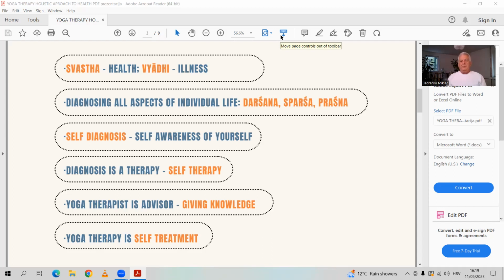So there are basically three aspects for the diagnosis, which is also known in Ayurveda. They are also applied in yoga therapy: darshana, sparsha, and prashna. Sparsha in Ayurveda is mainly related to Nadi Vijnan or pulse diagnosis, where the Ayurvedic Vaidya is touching your pulse and diagnosing the condition of your life. Here in yoga, you are touching your own body. This is called prana sparsha